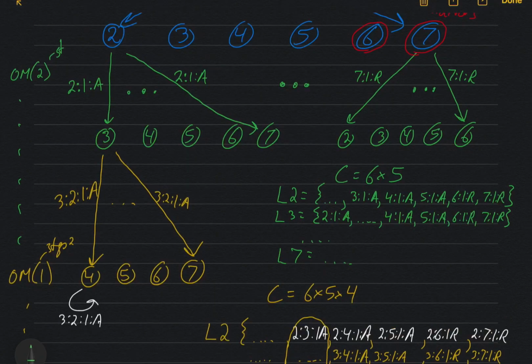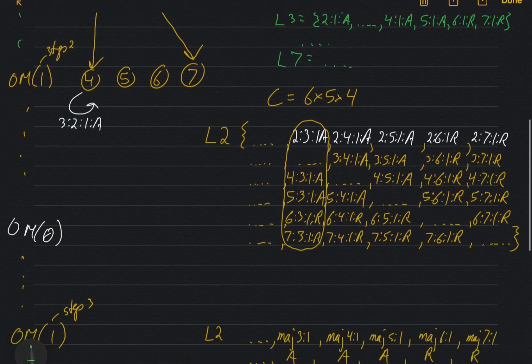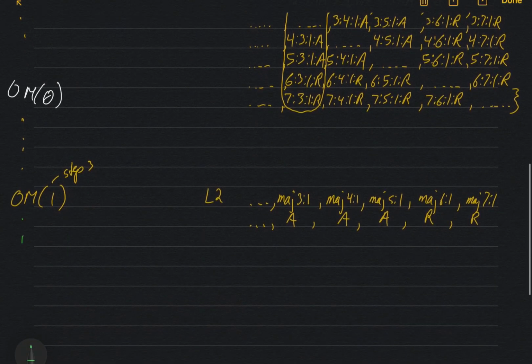This was step 2. We recurse out, and this will be step 3, and the value that L2 will use is